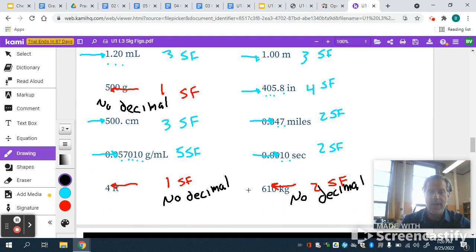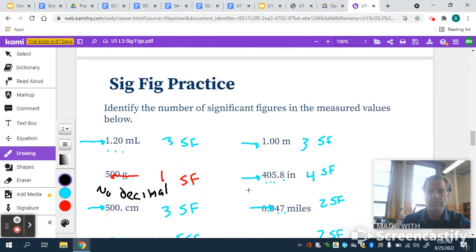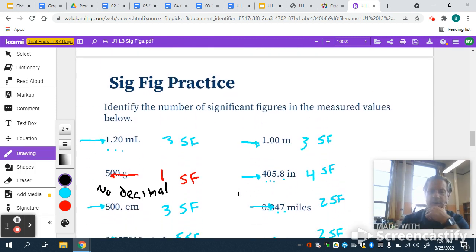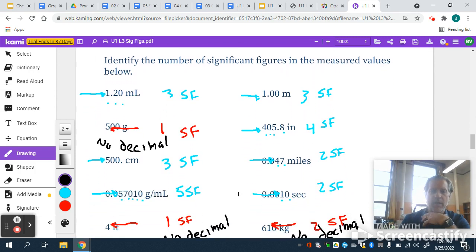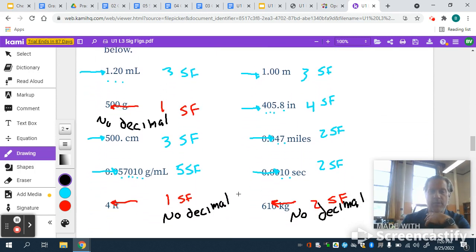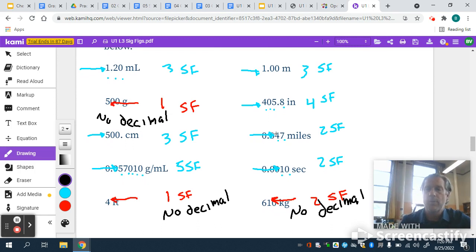So that is the lesson on significant figures and how to identify them. And then if you have any questions, make sure you touch base with me. Otherwise, I will talk to you soon about how